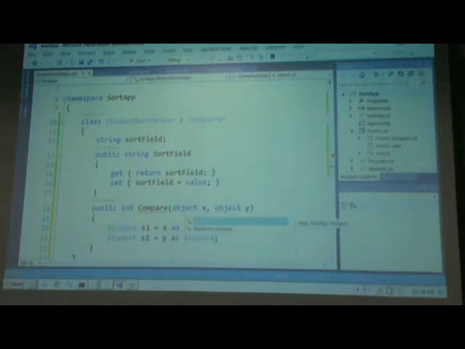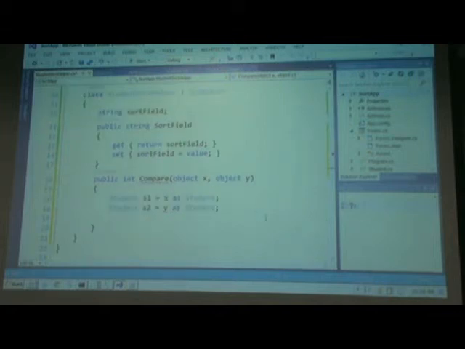Okay, now we should check whether we were successful in converting before we proceed further. And since we'll be returning a number, int result equal to 0, and now we will say if S1 is not equal to null and S2 not equal to null,